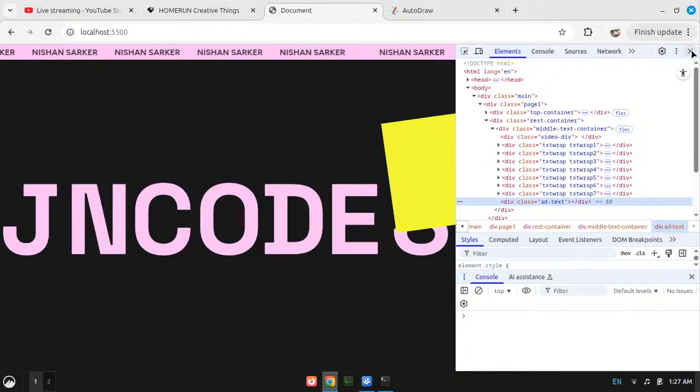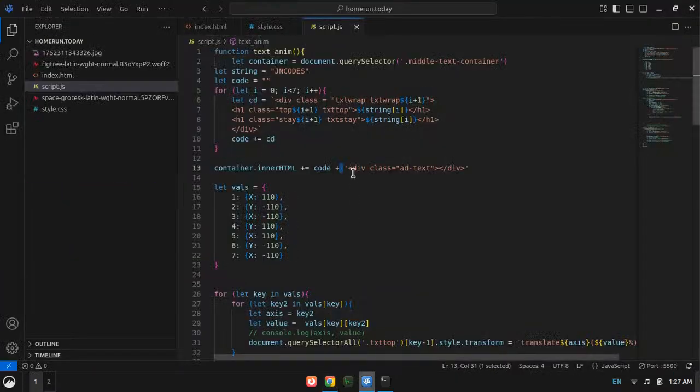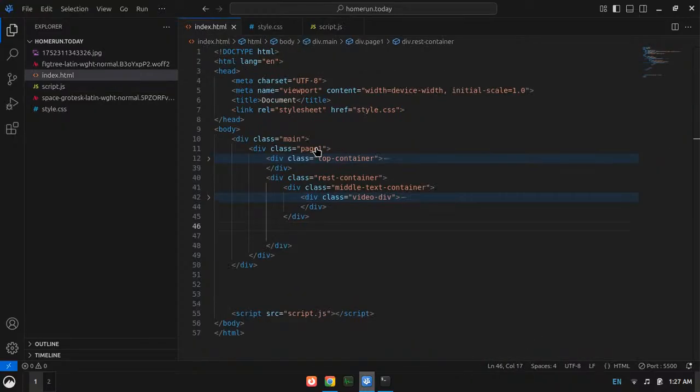Okay, so yep, I need to use position absolute here as well. Let's go to the index.html, Control Z here.